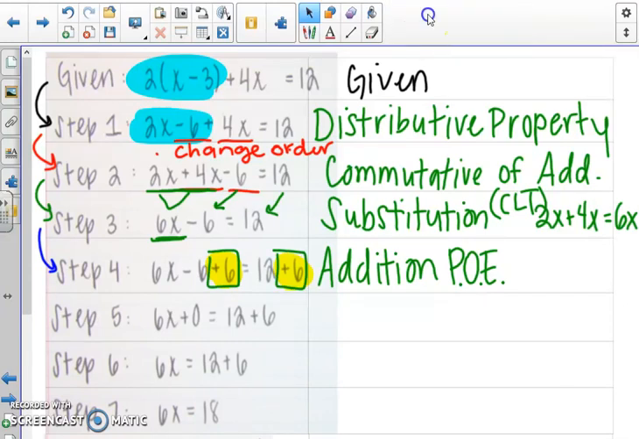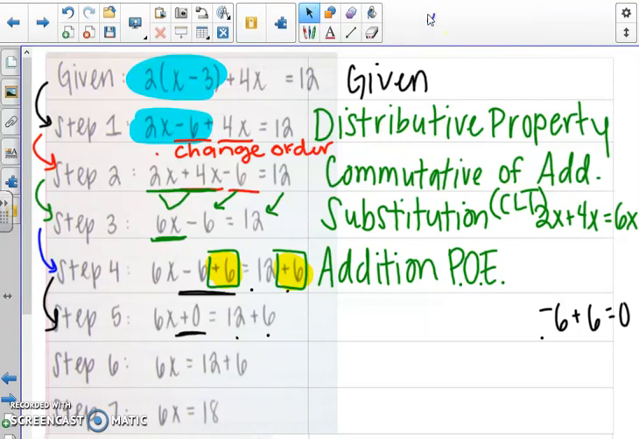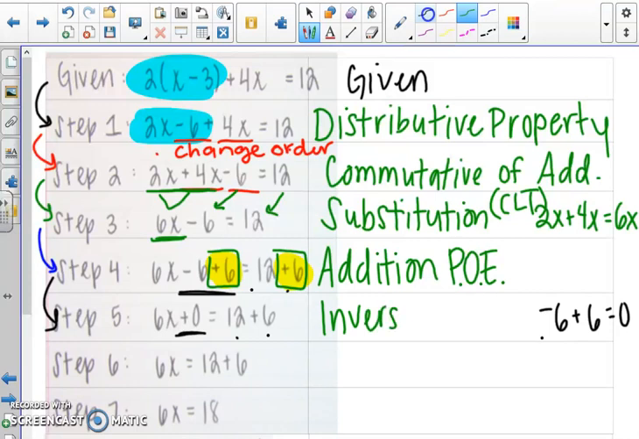Okay, let's go to 4 to 5, step 4 to step 5. The 12 plus 6 stayed the same. The 6x stayed the same, but this changed. Negative 6 plus 6 became 0. Negative 6 plus 6 became 0. A number and its opposite became 0. That's inverse of addition,